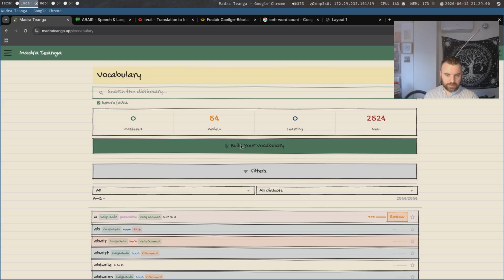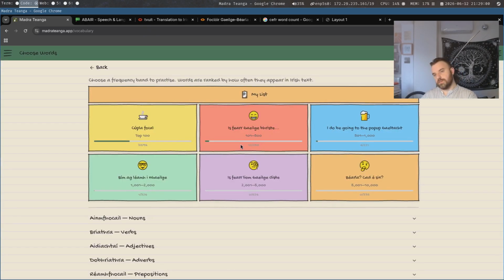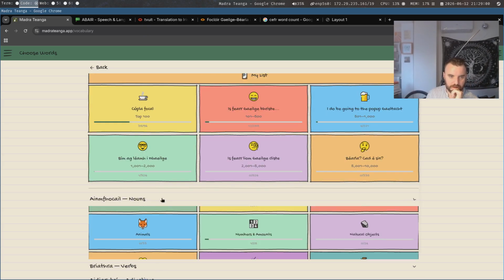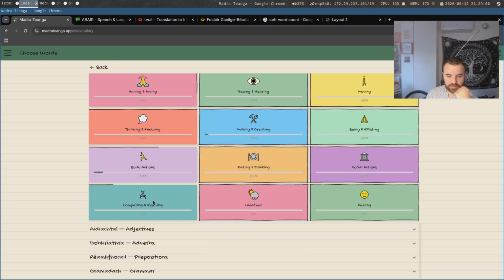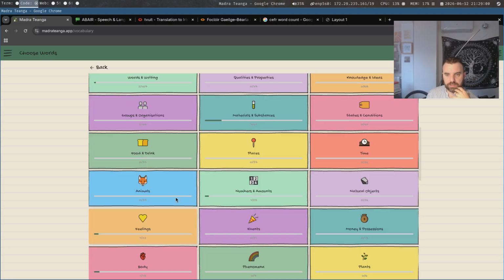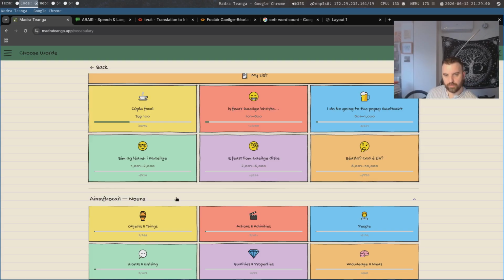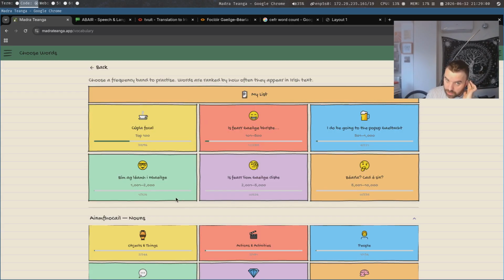Now let's go into build your vocabulary. This is the generate stuff based on all we just showed you. We can now generate lessons. These are similar to the filters we saw before, but this is different in that we will do exercises in these bands, and it will show you how much you know about them. So this is your progress tracker in the app. You can do the courses or you can do this, and you'll build up your knowledge this way, by bands.